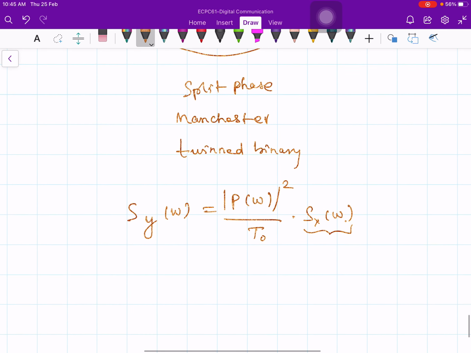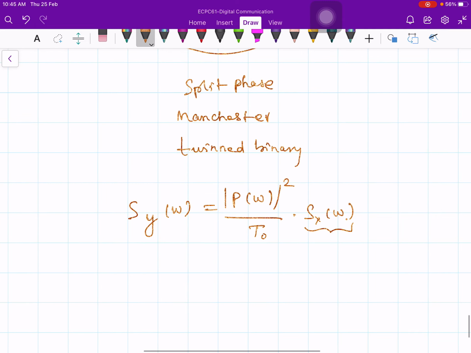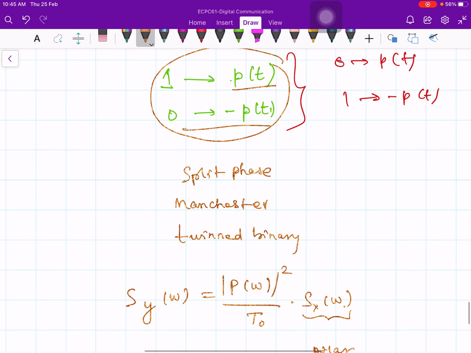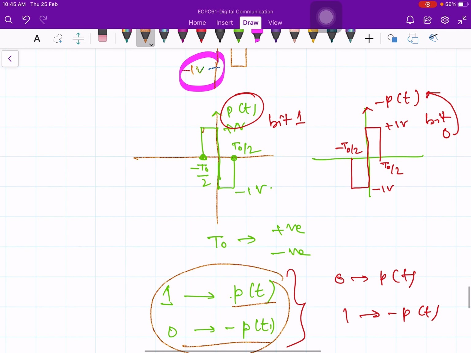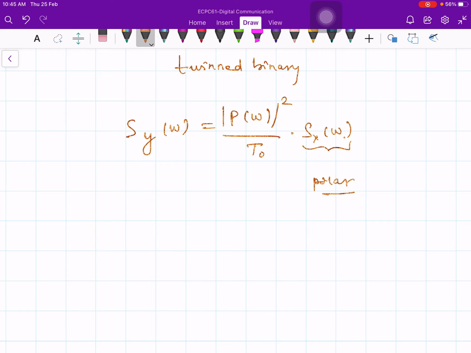If you just look at the final pulse sequence that you will get, what kind of sequence will it be? Will it be ternary or polar? It is polar, right? We have already discussed the power spectrum of a polar signal. It has only 2 values, plus and minus, it does not have a third value. Therefore, it is a kind of polar signaling, and if you remember, for polar signals the power spectrum Sx of omega is equal to 1. This we already did in one of the previous lectures.